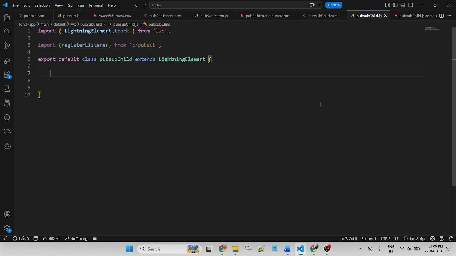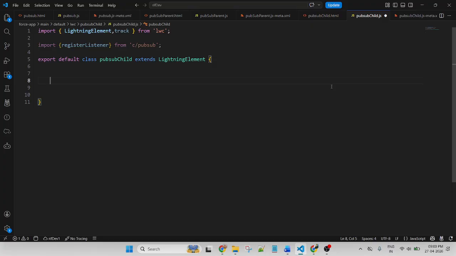After that, we need to receive the data I am sending from the parent component to the child component. First I import the function. After that, here I will use connectedCallback. Why do we use connectedCallback?